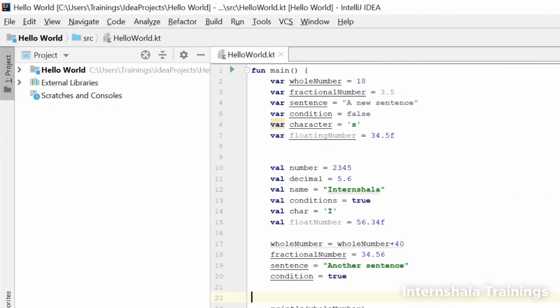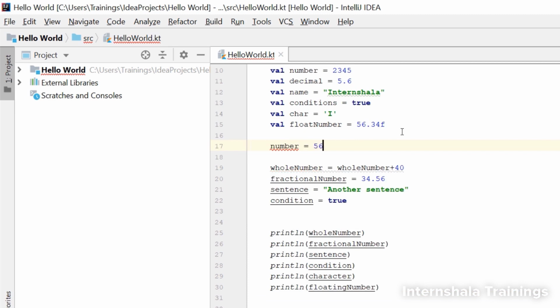Now, we have tried to change the values of these var variables, but not of the variables with val keyword, right? We know that we cannot change these values, but learning code is all about trying new things. So let's change their values and see what happens. So, we have changed the value of this variable here. But look, the IDE again shows some error by underlining this in red. Let's hover over it and see what it says. So here, the IDE says that val cannot be reassigned. That is what we know too. So, we have established that we really cannot change the values of val variables.